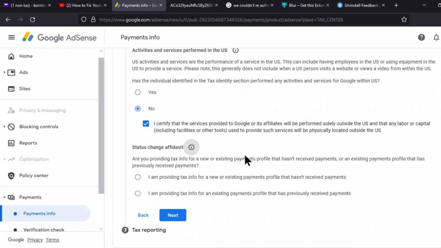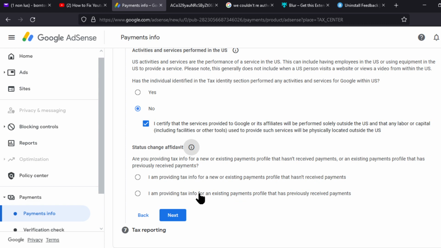So there's nothing new here. They shouldn't even add this new here. Are you providing a tax for an existing payment that hasn't received payments? No, they've received payments. It's just that some payments have not been received, and there's more to come that has not been received. So the question is not clear. Anyway, I didn't bother reading all that confusion. So let's read the second choice.